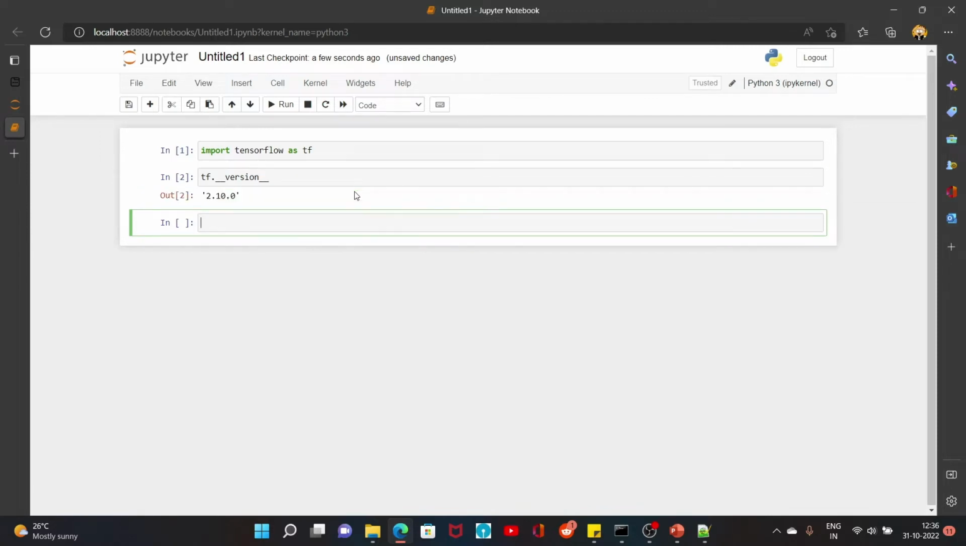Okay, so this is the TensorFlow. Besides that, I also have a GPU in my machine. If you want to check whether TensorFlow has been integrated with the GPU or not, you can do something like this. Let's say tf dot